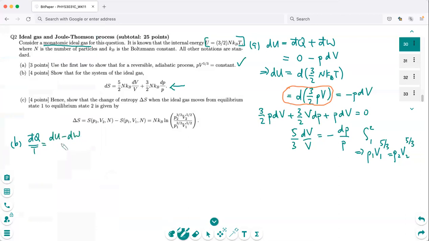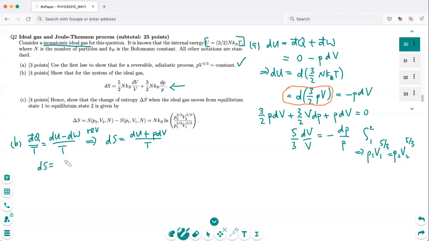So this is the first law divided by T, and you have a reversible process here, and then you can immediately relate this to entropy change. So this is a reversible process, and this is the entropy change, dU minus PdV divided by T. Okay, so your dS